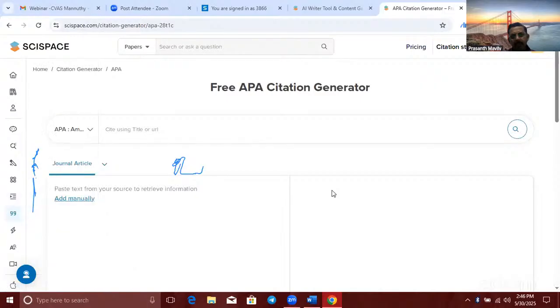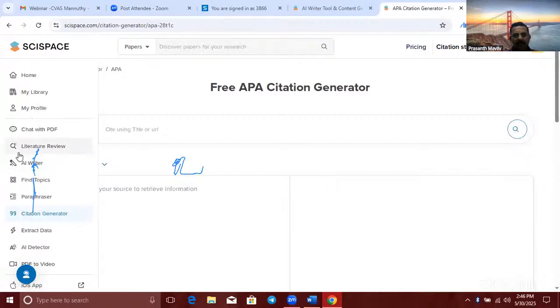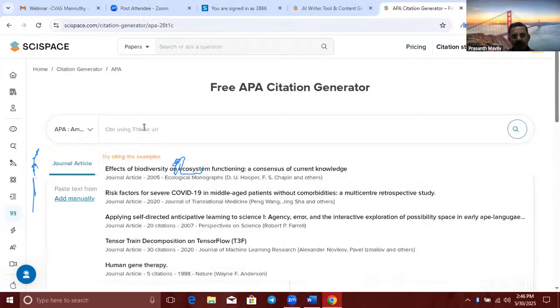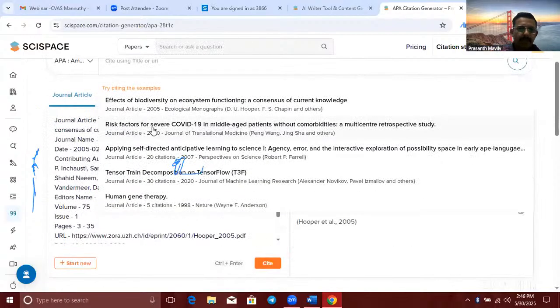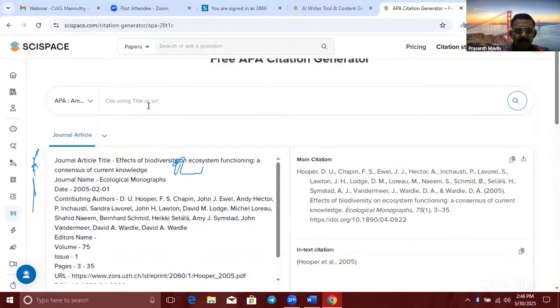Another important thing is that we have to use a citation generator for creating our bibliography or references. With this tool, we can easily upload the items here, or you can search any title. See, I'm typing a title over here, animal science.